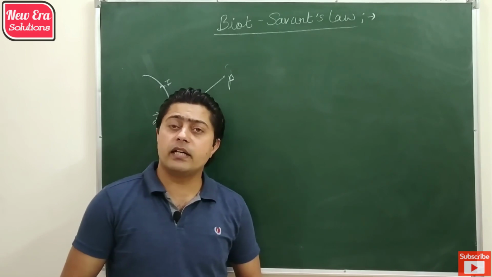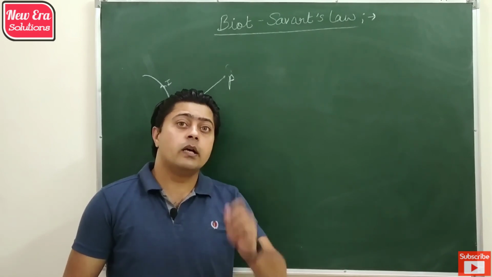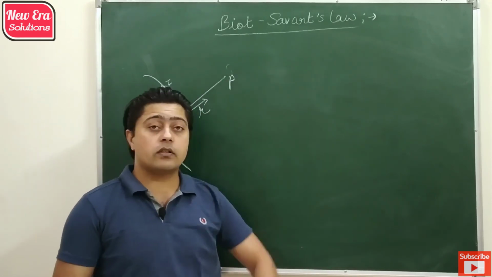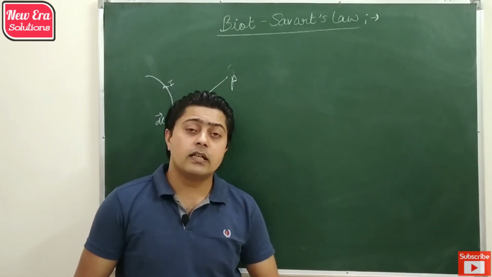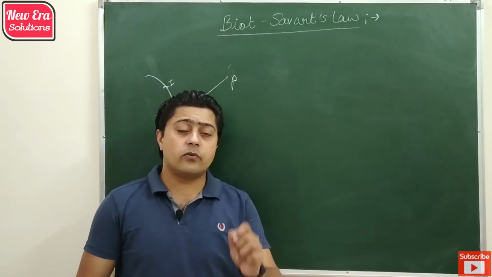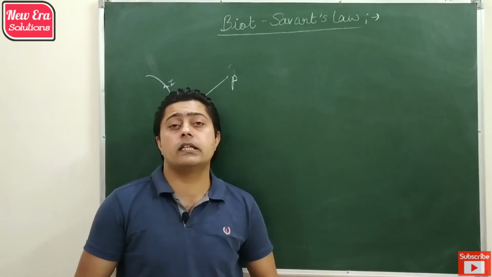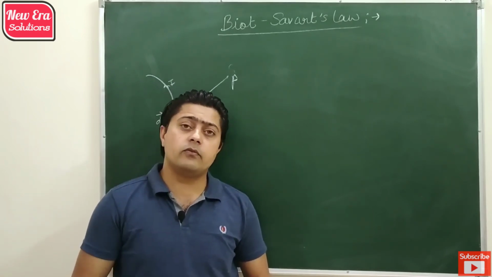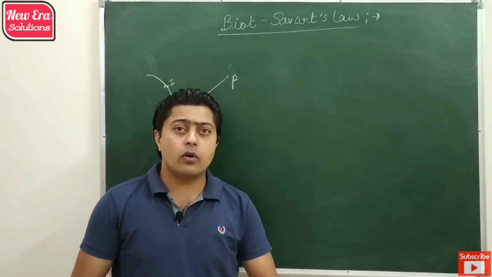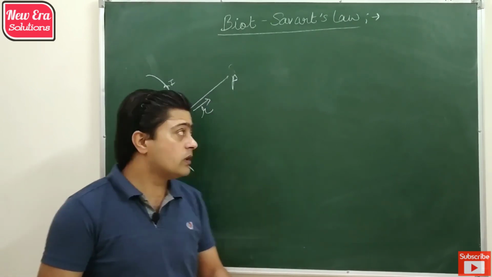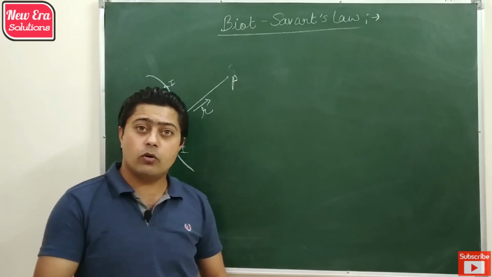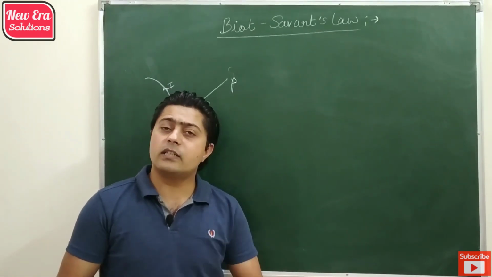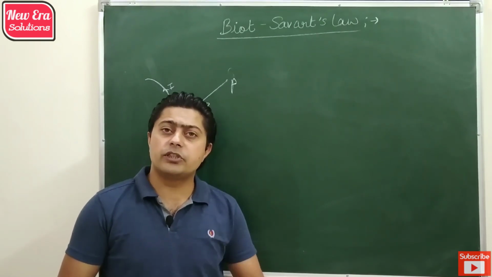To find the magnitude and direction of magnetic field produced by a current carrying conductor, we use Biot-Savart's law. But you have to remember that this law is applicable only for a small segment of that conductor, which is known as current element, and it is not applicable for the complete conductor, because the magnetic field produced by a current carrying wire or any other conductor also depends on various factors like angle, position, etc.